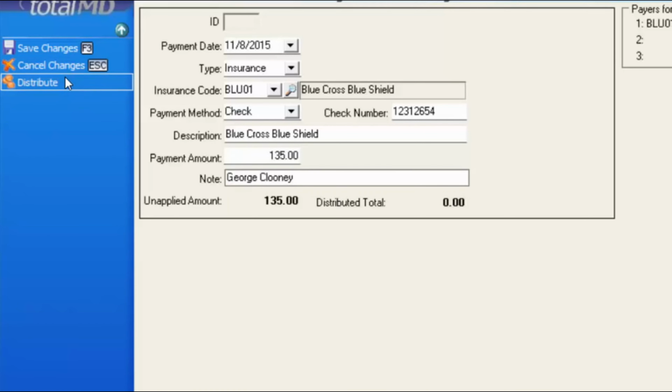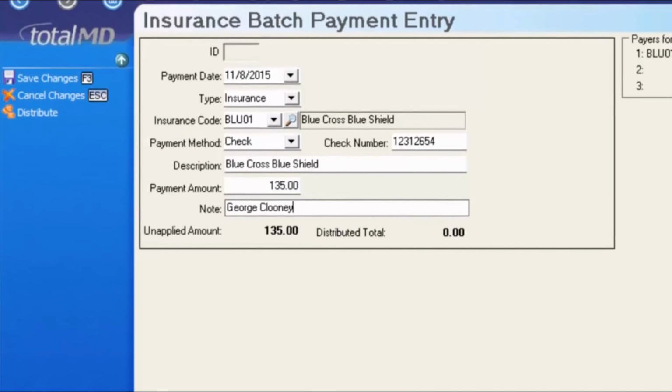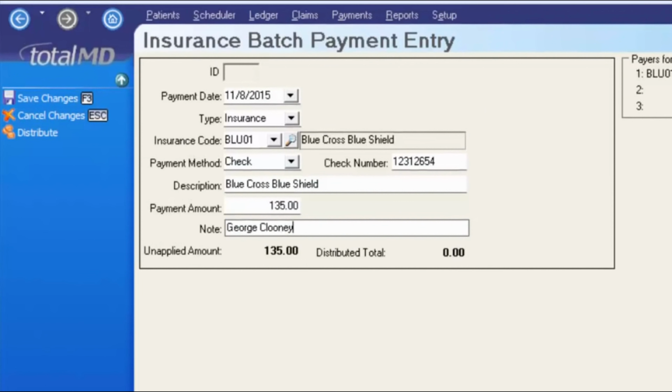What's really important here is once I click distribute or save, either option, this payment is already in your system. So if for some reason you get interrupted and have to stop what you're doing after you've clicked save or distribute, you just have to apply it to your patient moving forward. You do not want to go back and start this process over again because you will post this payment as being collected twice. At this moment, I'm going to hit distribute, which will save the payment, and it takes me